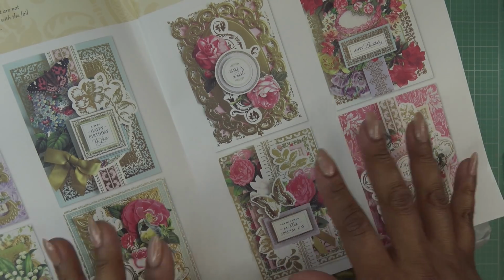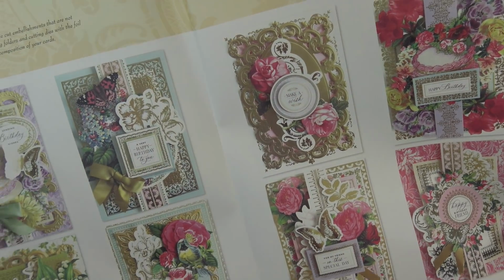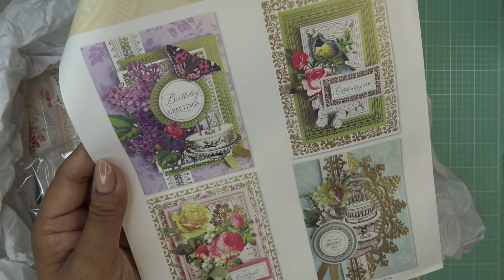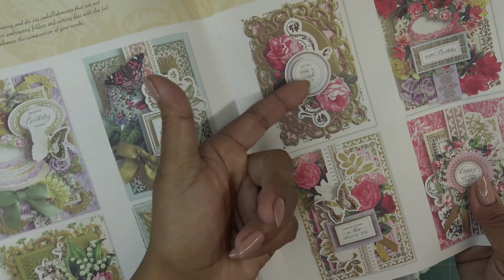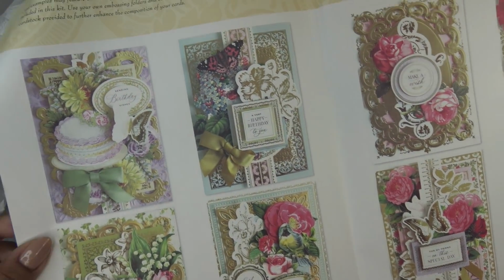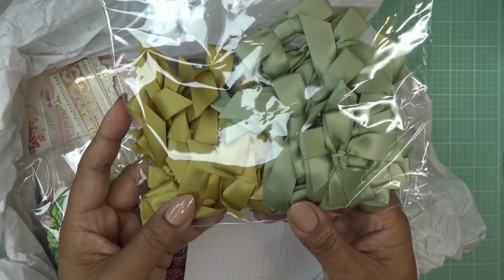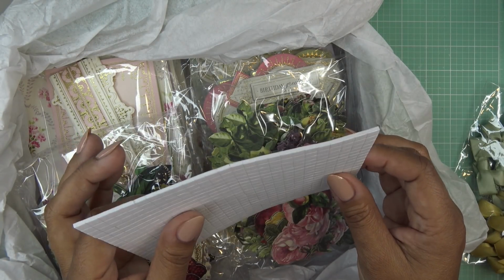Of course, we want to do what's in the box, but at the same time, you are supposed to incorporate your own die cuts or dies in there. Really pretty. Look at all the different colorways. I'm looking at this purple one, and it's totally different from this one or the other one. I like the inspiration there. Tons of bows, which are really nice. The little decoupage kind of